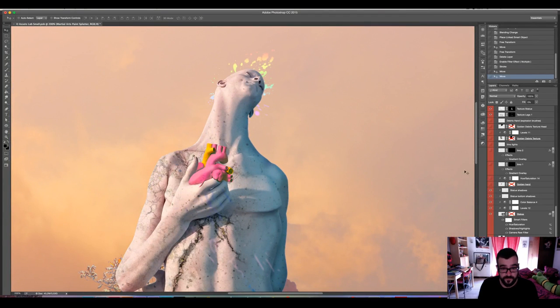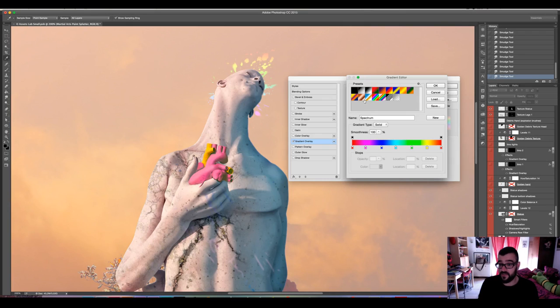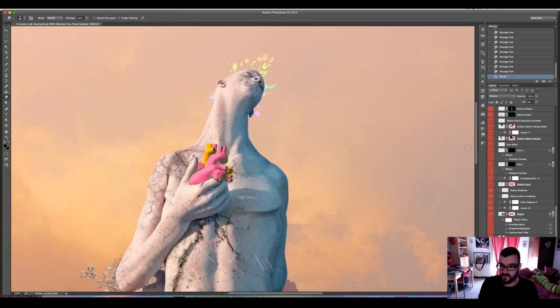Okay. I had to rasterize this layer so I could use the smudge tool to add some movement to it. This way, this file looks like some bitmap, and the gradient overlay was one of the default gradient overlays of Photoshop. So yes, they are actually useful sometimes.